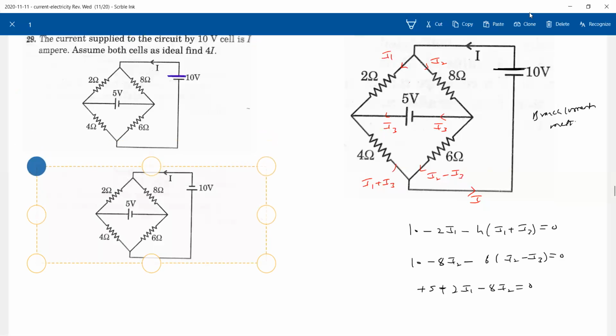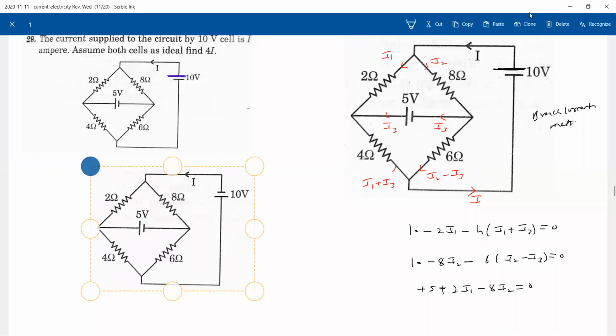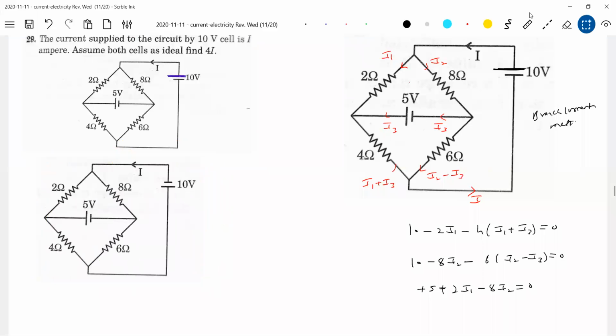Even for such problems, nodal analysis will help you. In nodal analysis, what is the difficulty you'll get? How to assign the potentials to various points. So now we know this is 0 potential, I'll define. Here, if you want, you write it 0 volt. Red color symbols I'll be using. This is 0 volt. This will be plus 10 volt. What is the potential difference? 5 volt, no? So if this is 5 plus x, this will be x.